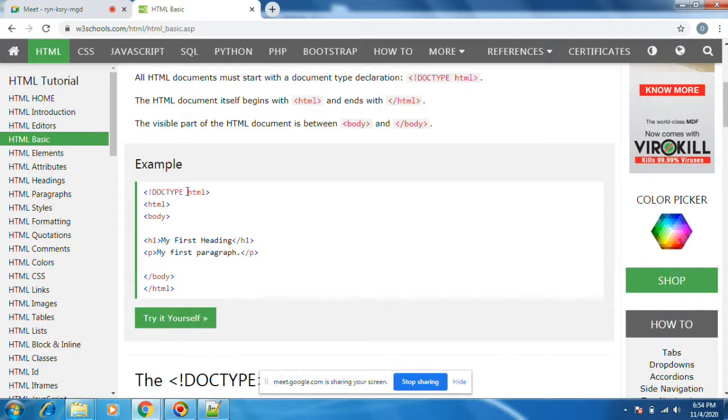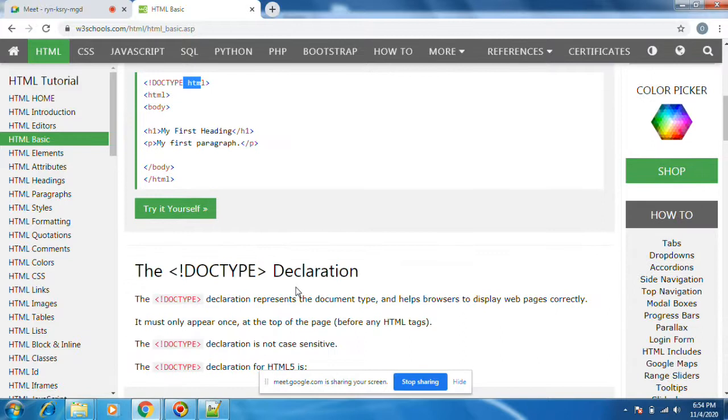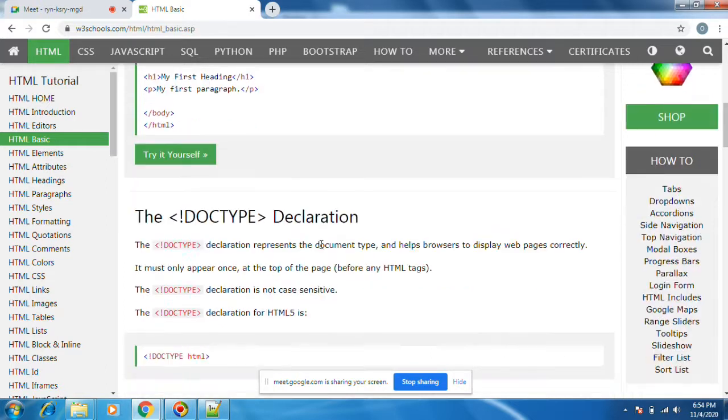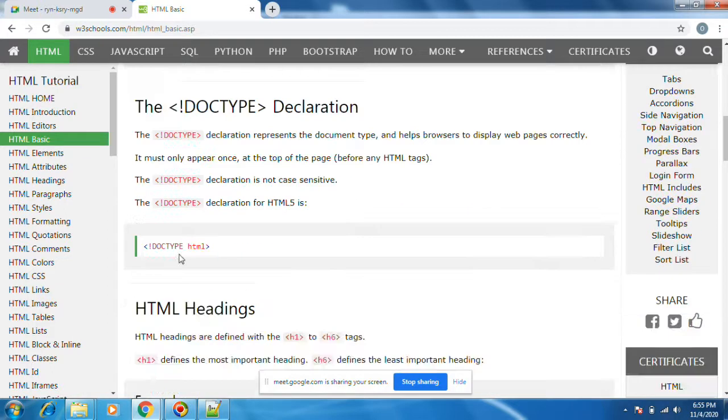The document type describes what kind of code the remaining code will be, such as HTML. It is a compulsory declaration so that the web page can show correctly. It must appear only once at the top of the page. It is not case sensitive, and the document declaration for HTML5 is like this.